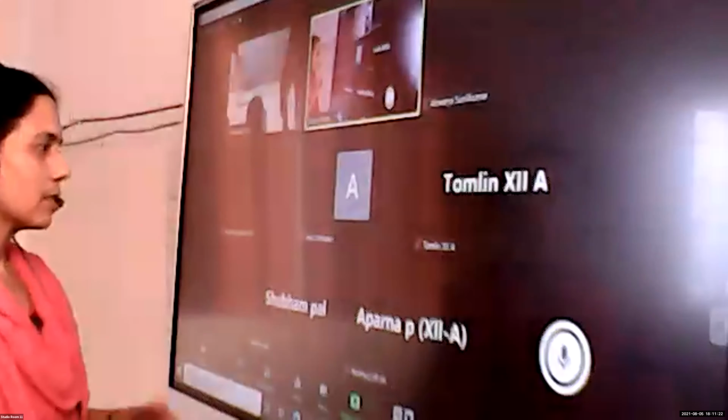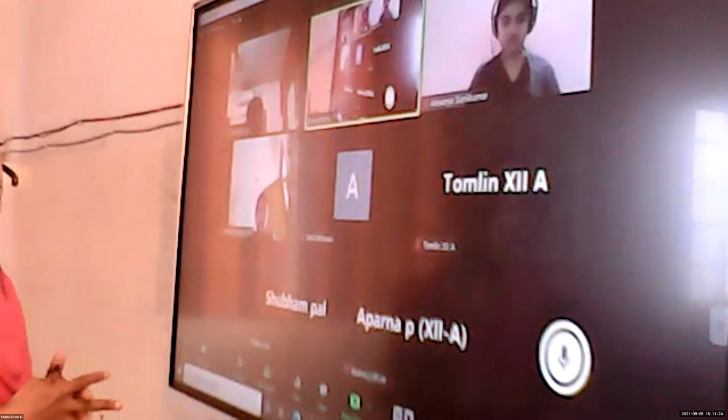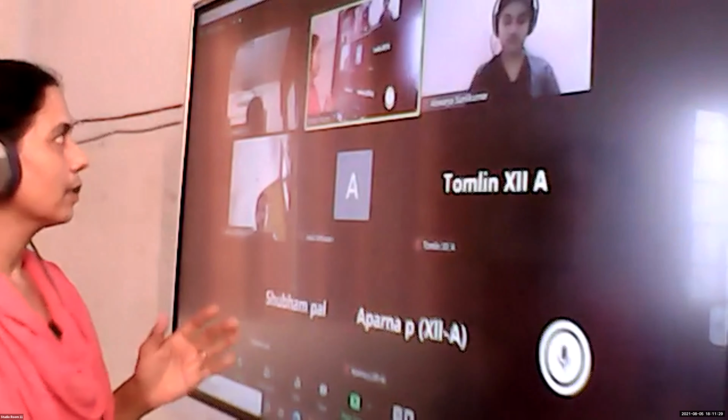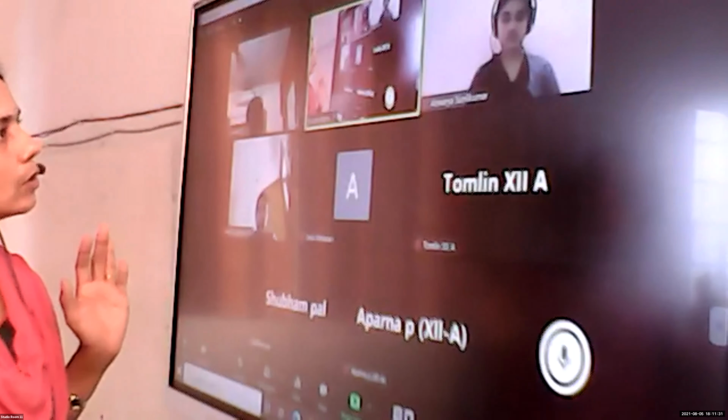Is it okay? Try this question again. Try this by using row transformation. We are using only row reduction. Similarly, column reduction is there, but in our syllabus, we have been given row reduction.